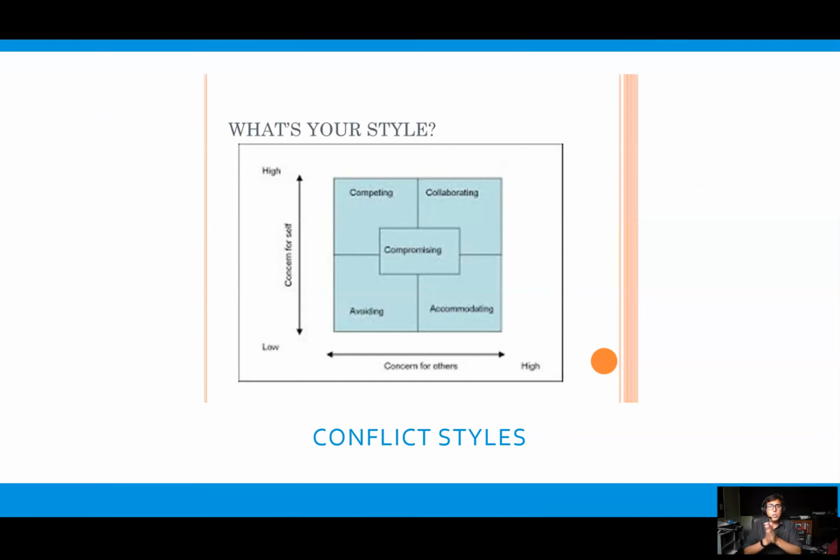So, as you can see, when we have avoiding, low concern for the self and low concern for the other, then we will engage in avoiding. If we have high concern for the other person and high concern for the self, we should absolutely be engaging in collaborating. And every single one of these situations has an application, a time when that is going to be the most effective. So, which style should I use?